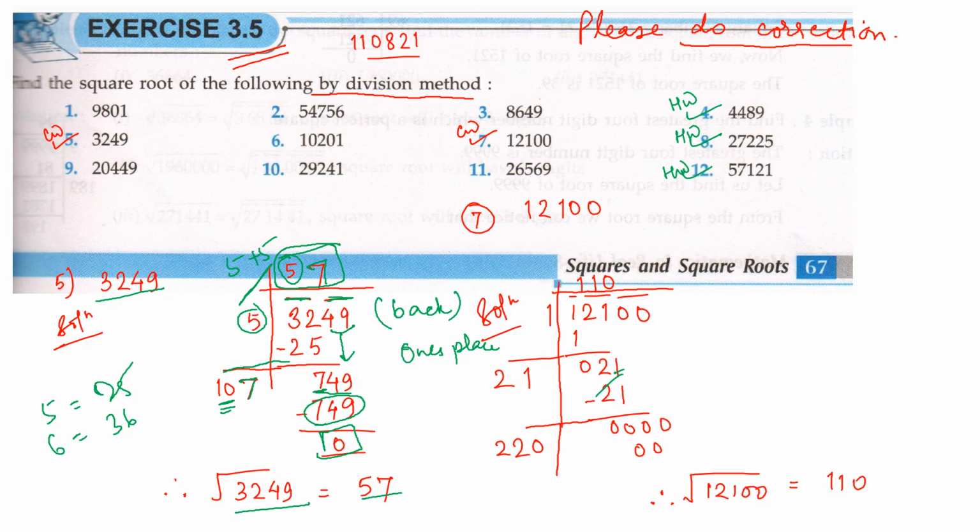12100 is the number. Let's start from the back. So 00 is the first pair, 12 is the next pair, and 1 is all alone. Then 1 1s are 1. On subtraction we got a 0, and then this 1 plus 1 is a 2 here. Then we copied the next pair, that was 21. So here it is 2, isn't it?